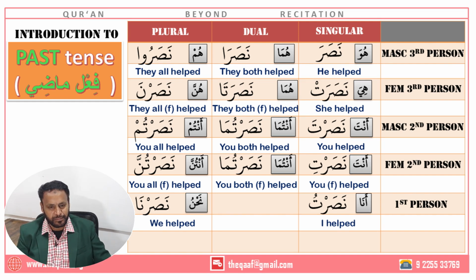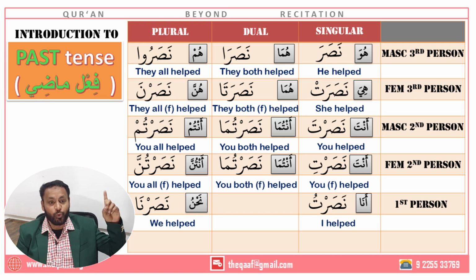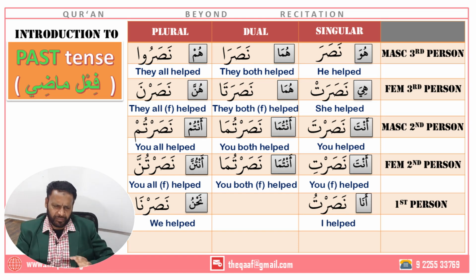That's it. That leaves only one word, which is related to nahnu, the last pronoun. Nahnu. Ana. Nahnu. Okay, so how do I recall the nahnu word? For that, you will have to go back to the female plural word where the major change happened. Nasarna. Okay. Take that word, add an alif to it. You got the nahnu word. Nasarna. That means nahnu. We.